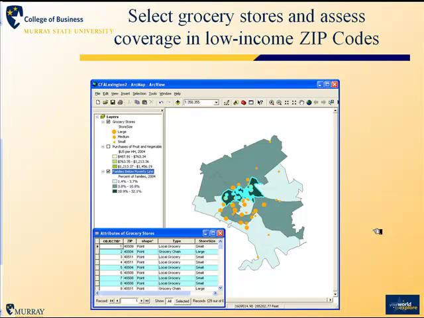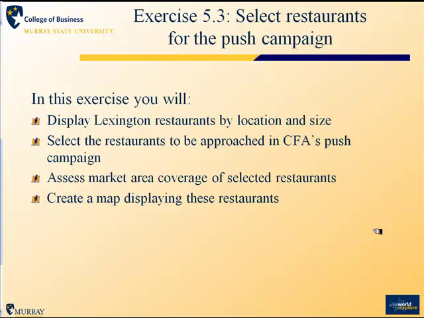So at the end of this task, you'll have a map something like this, which indicates the zip codes in the city, the ones that you've selected to carry the locally produced produce, and the percentage coverage of those in low-income areas. In Task 3, you'll turn your attention to the pull portion of the campaign, where you will identify